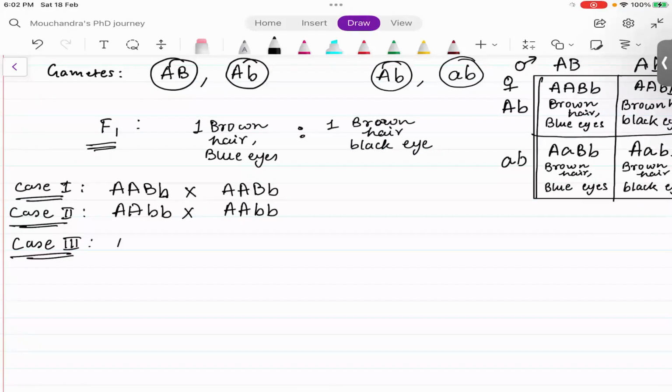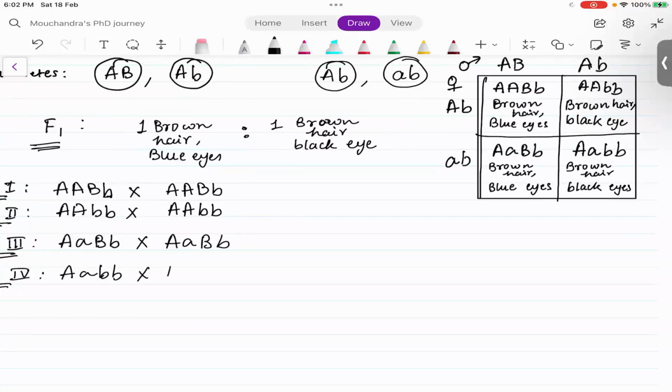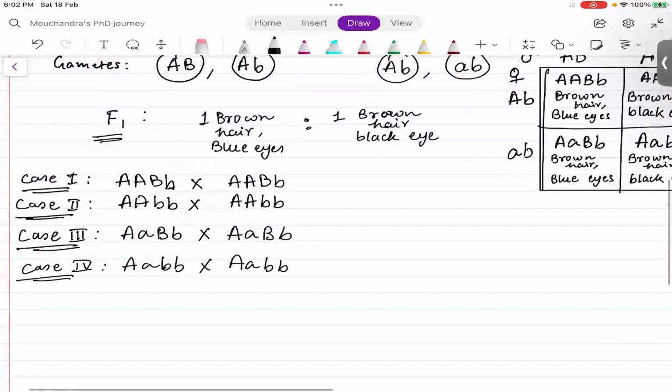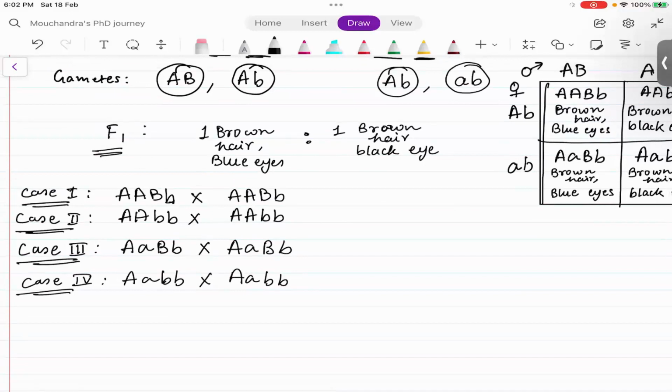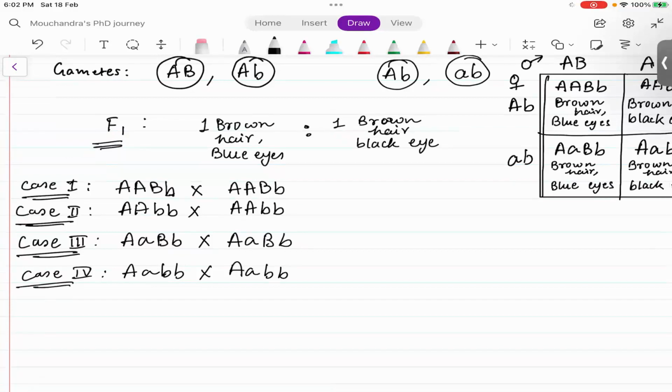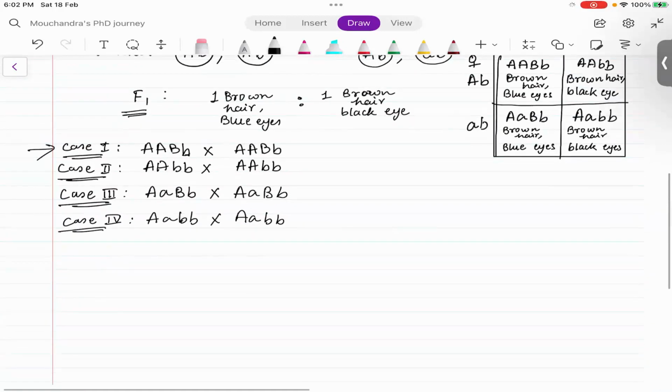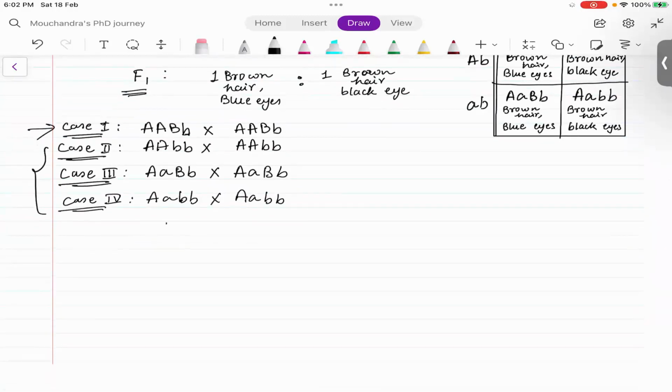Case 3 is this, and case 4 is this. You again have to determine the different types of gametes possible for each case, and then draw Punnett squares to determine the possible genotypes and phenotypes of the offspring in the F2 generation. I'm doing only case 1, and for the rest of the 3 cases I'm asking you to do it yourself. So for case 1,